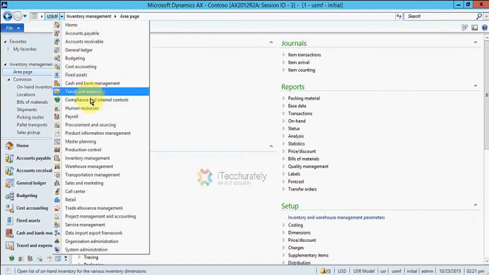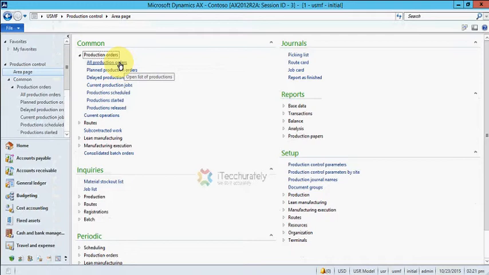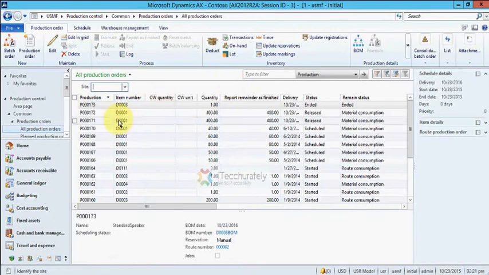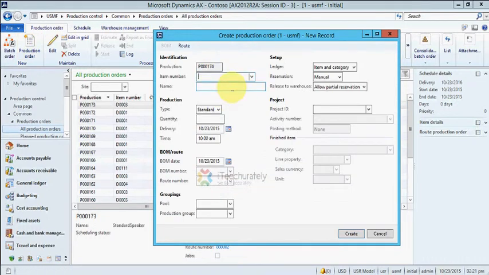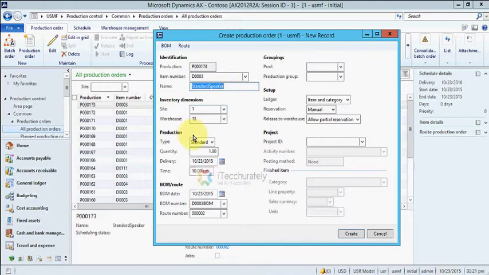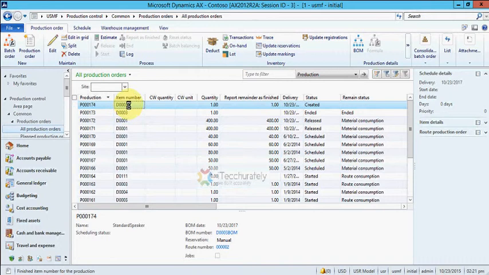Now I can go to my production control system and make a production order for this product. I create a new production order and specify the production name. You can see the default BOM and the default route that I have already configured have been applied automatically. Just for this demo I make it to be delivered by this, and I create the production order.